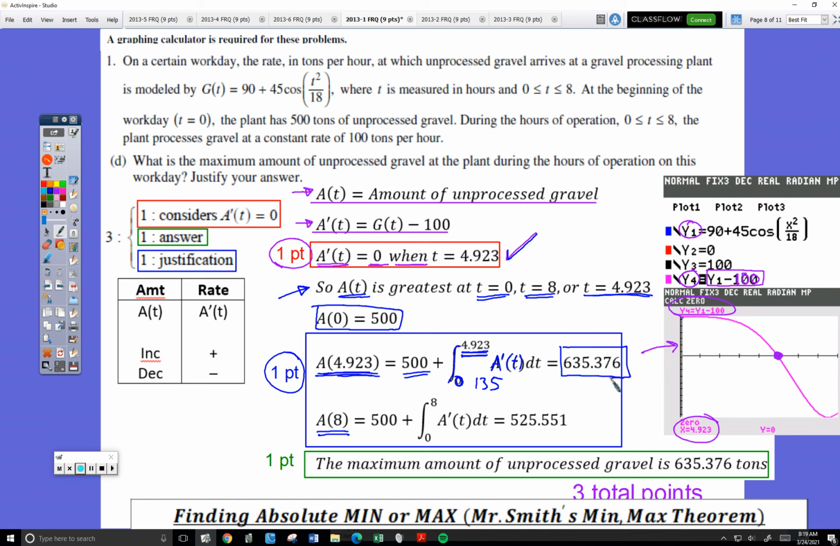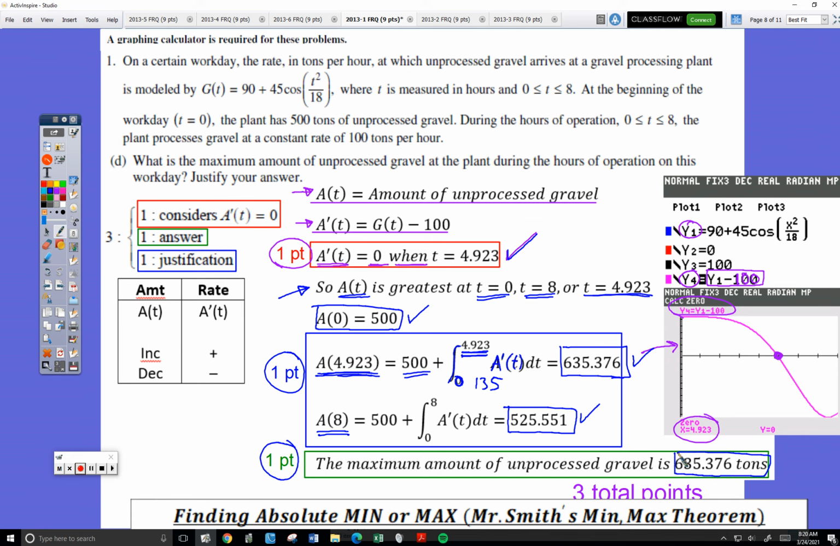Using the exact same argument, we find A of 8. We simply compare these three. One of those three will be the lowest amount of gravel that is ever at the plant during those 8 hours. One of them will be the highest amount of gravel that is ever at the plant during those 8 hours. Therefore, the correct answer, 1 more point for having a correct conclusion, is this is the maximum amount of